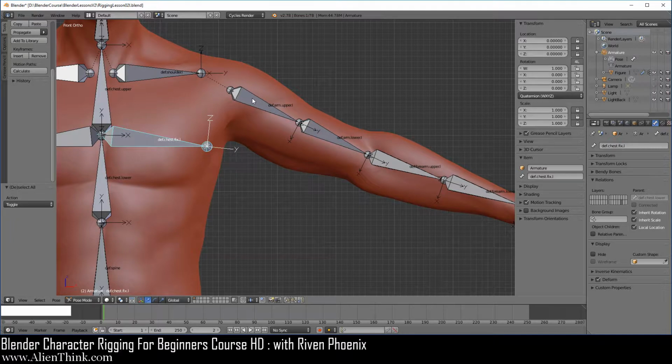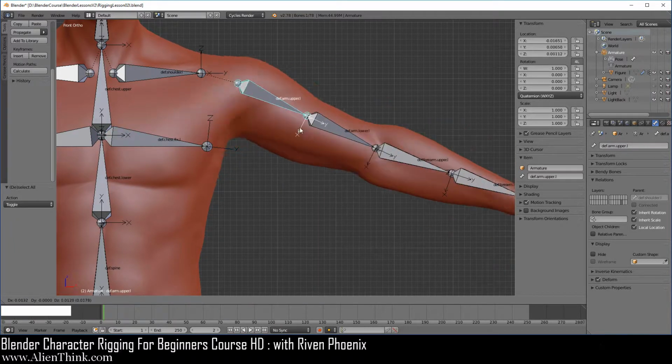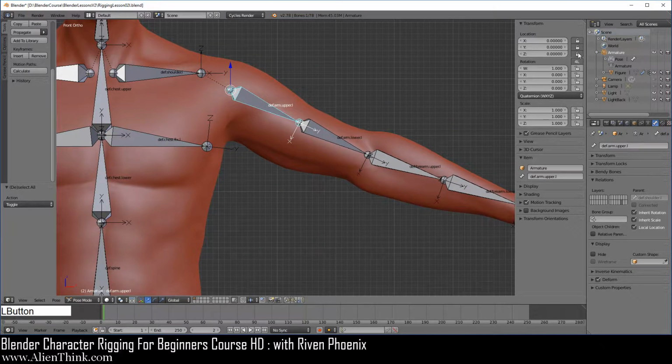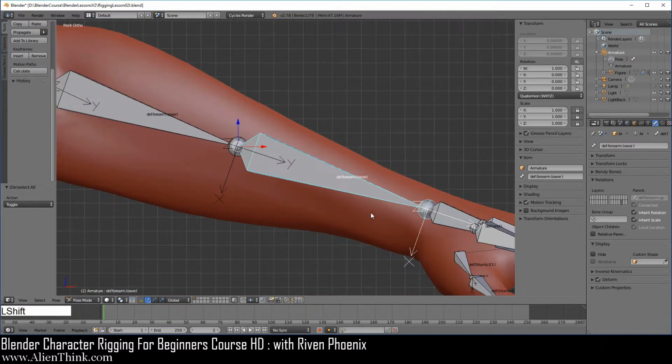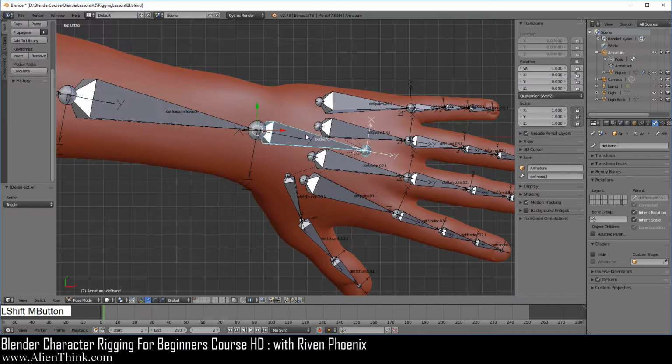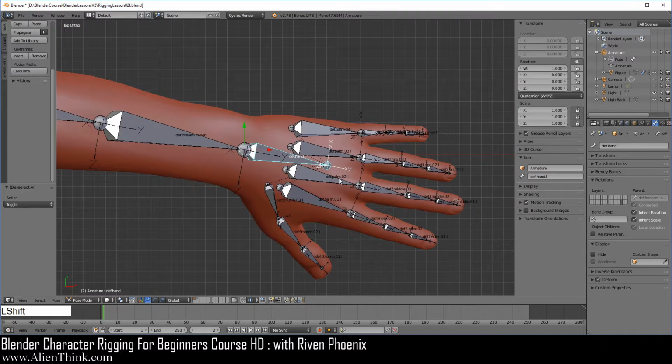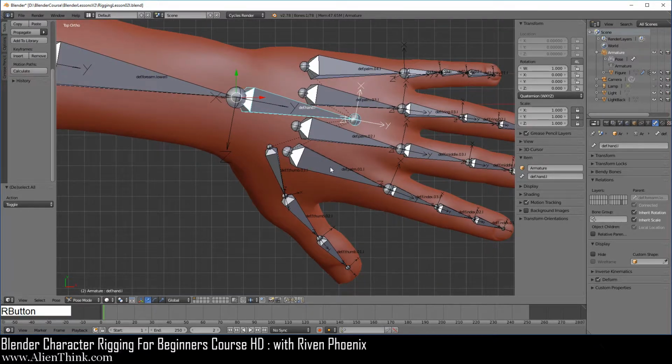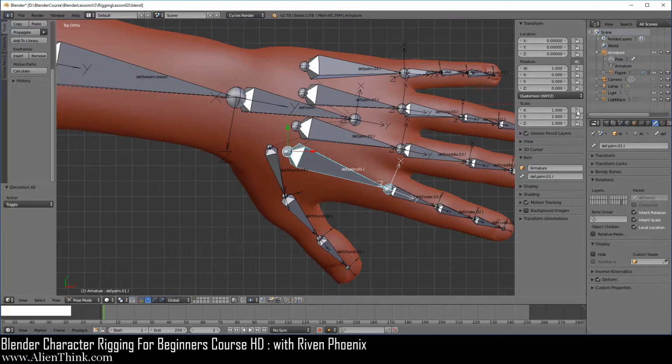Okay, now go ahead and click this, press the G key. This of course has to be locked down. Go ahead and lock this, lock the scale on all these bones over here, and of course on the hand bone I'm going to lock the scale. Now press the 7 key to go to the top view. Remember, when you have a bone selected, you can press the period key on your numpad to home in on this area. Now for the palm bones, we have to lock the location and scale, right?